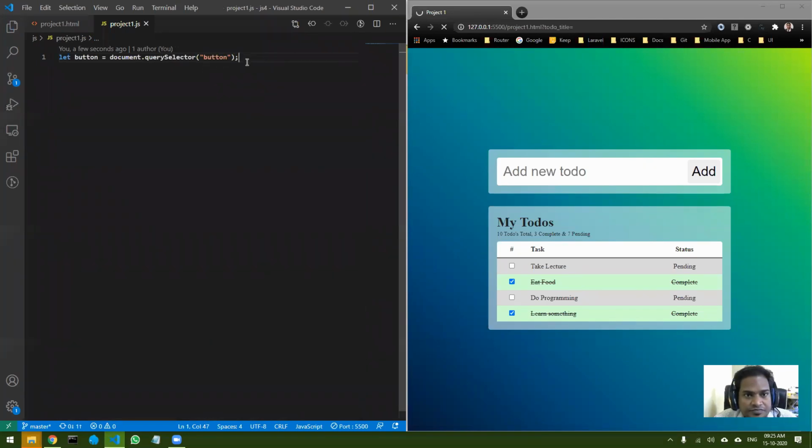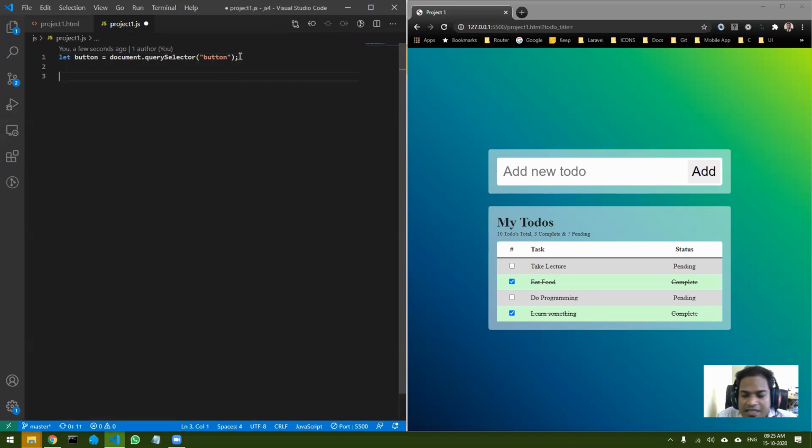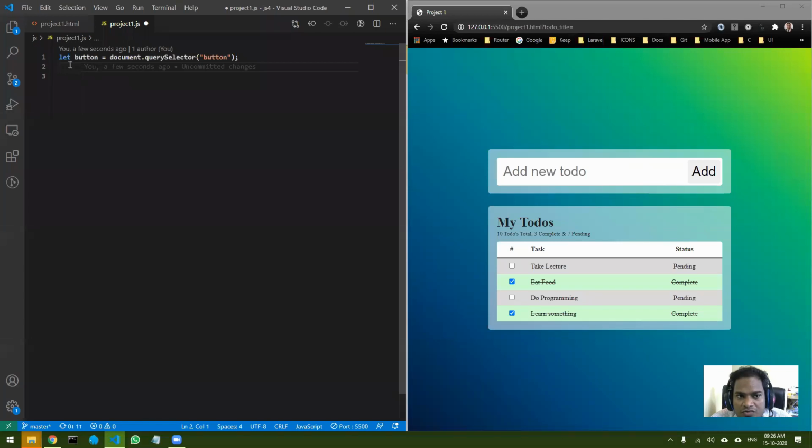Once that is done, let's see how to get the value of a particular element. Right now you can see this is the button. Next I also want to get the input element. The input element is add-to-do. Whenever you see this, it has an ID, right? So how should you select that particular element? Any idea?